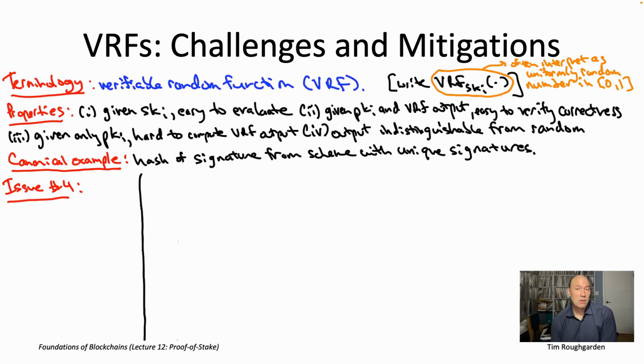So issue number 4 is actually a pretty major complication of using this VRF approach to do proof of stake sampling. And I'll bet a bunch of you have already noticed this issue. To get the secrecy property that we're after, we're having each of the public key owners independently evaluate the VRF. So each owner of a public key might or might not be selected with some probability, but they're basically like independent coin flips. Which means there's a chance that, first of all, nobody gets sampled, right? Maybe all of the owners of the public keys evaluate their VRFs. None of those VRF outputs are sufficiently small. Similarly, it's possible that 2 or more of those VRF outputs qualify as sufficiently small.